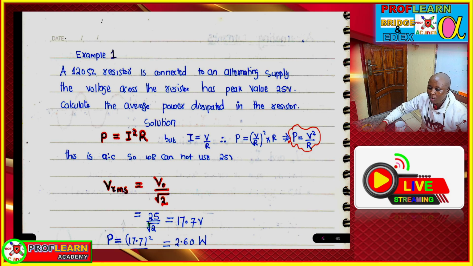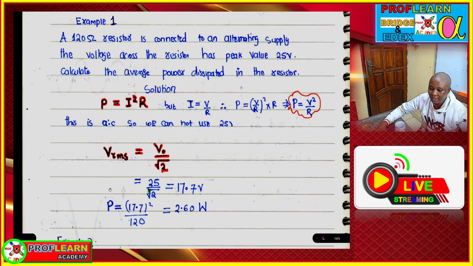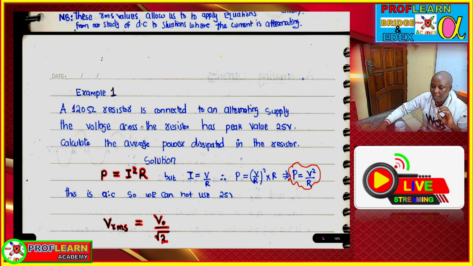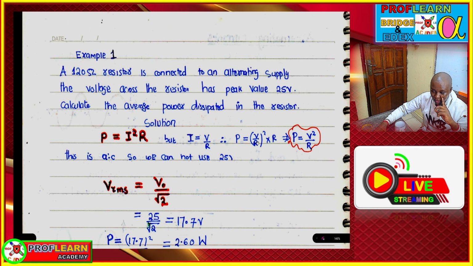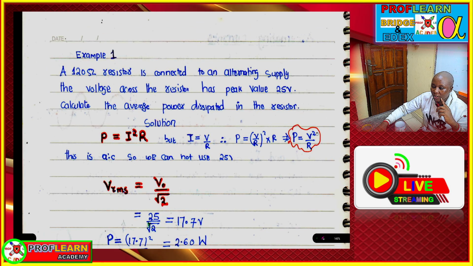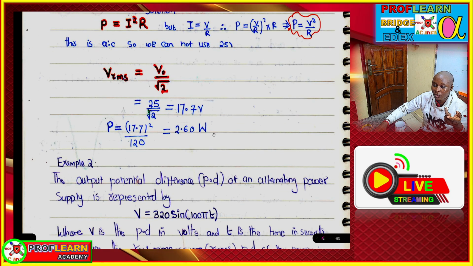So we are going to apply the root mean square voltage. It's going to be the peak voltage, which is 25 over root 2, and then you have 17.7. That is the voltage you will use in this particular section, because we are looking for current, isn't it? Maybe we are looking for power. We can apply power as V squared over R instead of finding current and then applying it here. We can just use the voltage that we have gotten here, and then our power is going to be